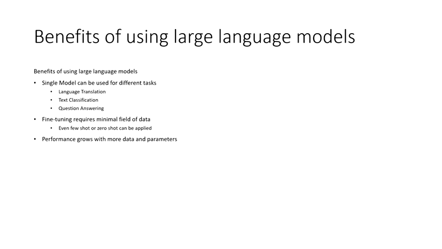So what is the benefit of using large language model? As I said, because it is general purpose, so you train a single model and you can use it in many applications and domains. So for example, you can use the same model for language translation, text classification, question answer, and so on. And if you are targeting it for fine tuning for a specific domain and task, it will take a small amount of data. And sometimes you can use